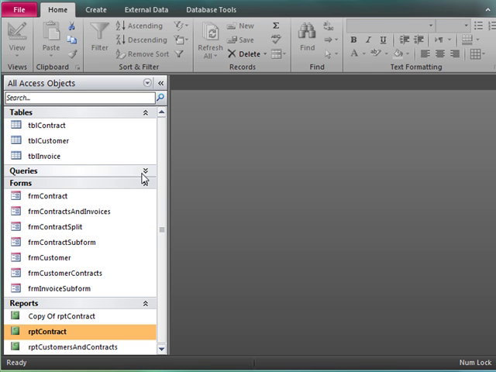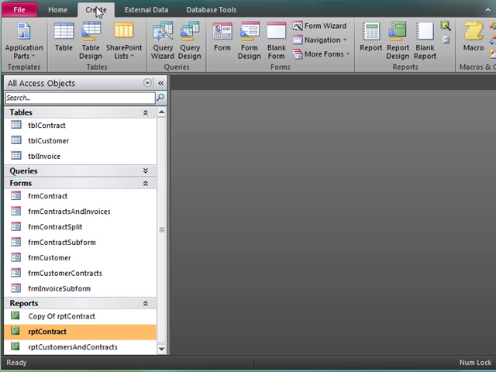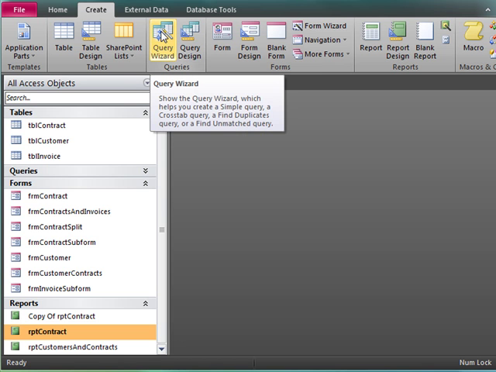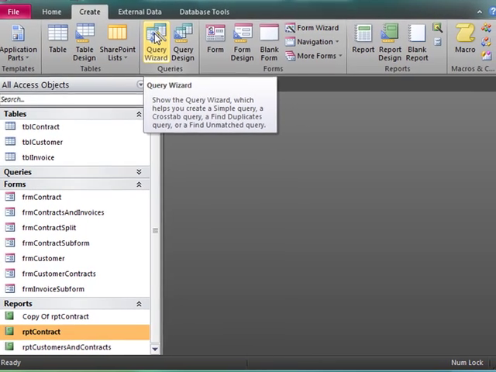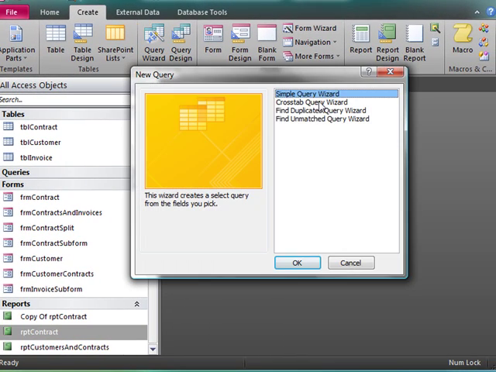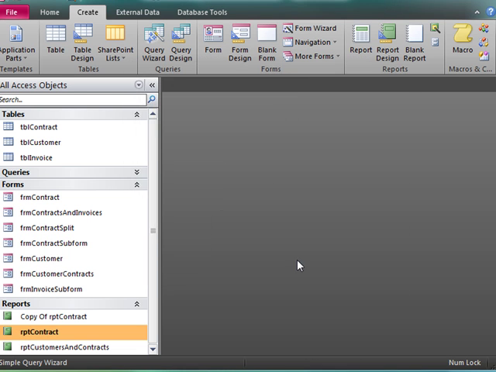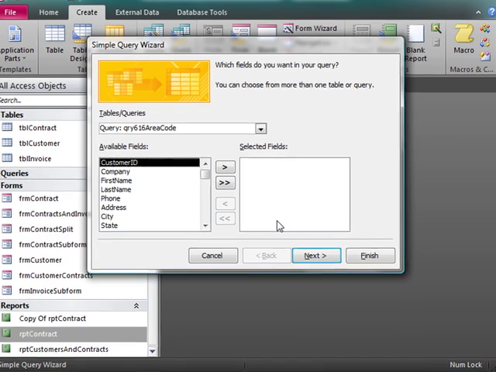You should know how to do queries already, but we'll walk through it quickly. I'm going to click on Create, and we're going to use the Query Wizard for this one. You could do it in Query Design as well, but this is just as simple. We'll follow the instructions in the book here. It's Simple Query Wizard, OK, and I need the